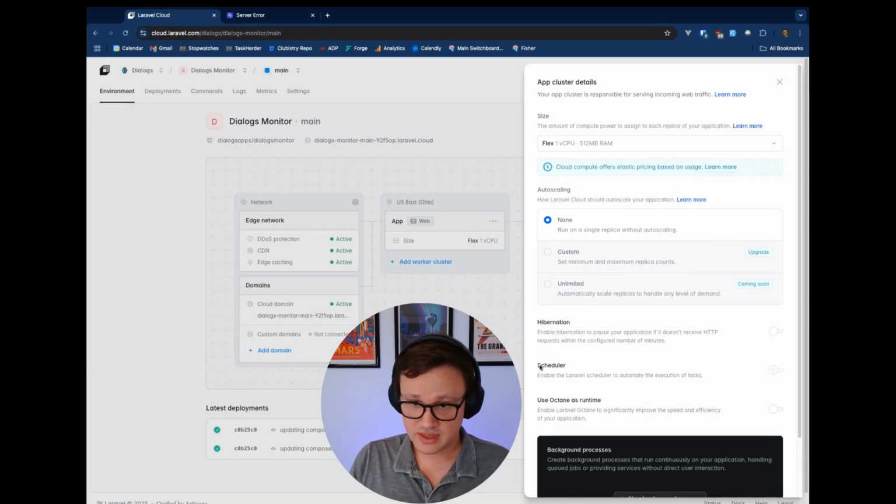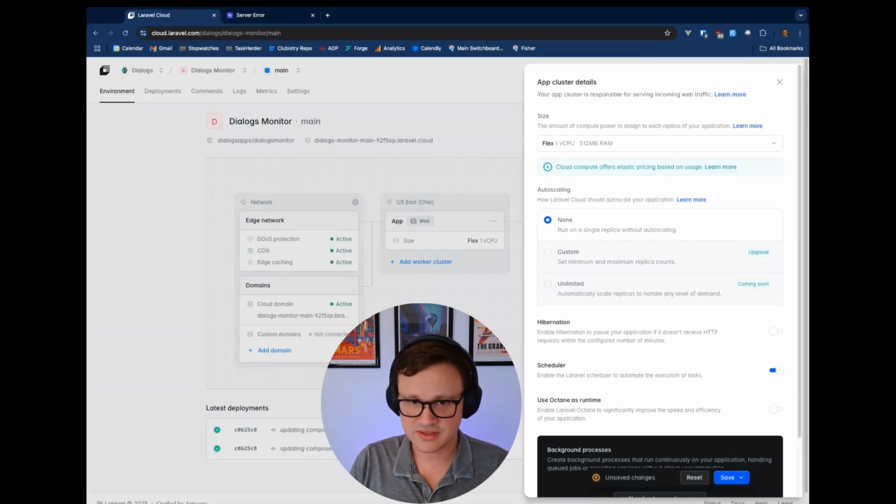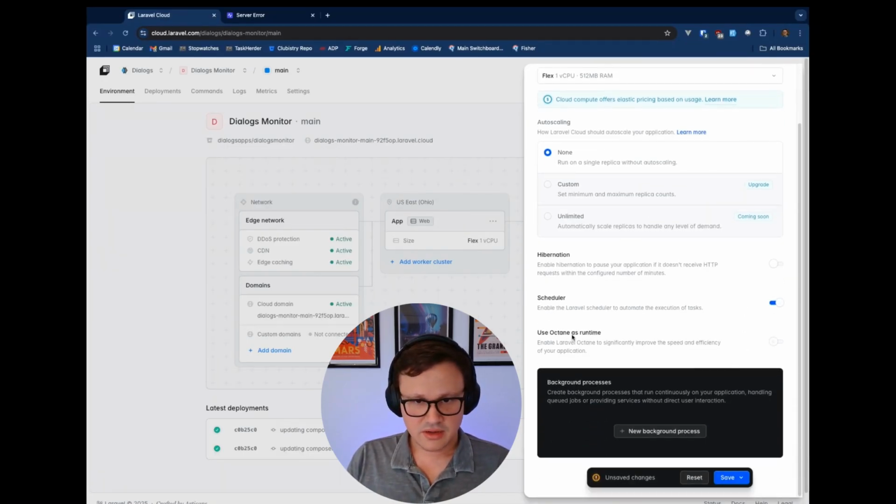We do need the scheduler because our website, Dialogs Monitor, every minute checks all the websites that our users have. So we need to enable that. Just a click of a button. Now we have a scheduler. I don't need Octane for now, but we also do need